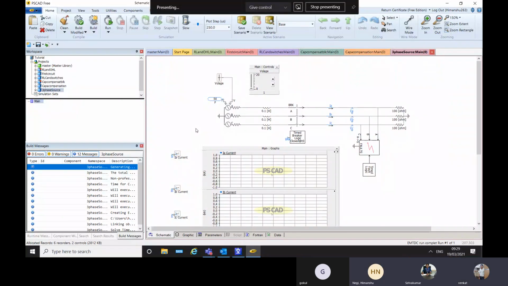Himanshu, is there anything I need to do in order to learn these four studies: switching overvoltages, lightning overvoltages, integration of PV or wind farms, and VFTO? I am more than happy to do anything. And I told you, I watched videos in Spanish, French, and some languages I don't understand, but I know what the guy is doing and what he's trying to do. So I'm okay to learn.